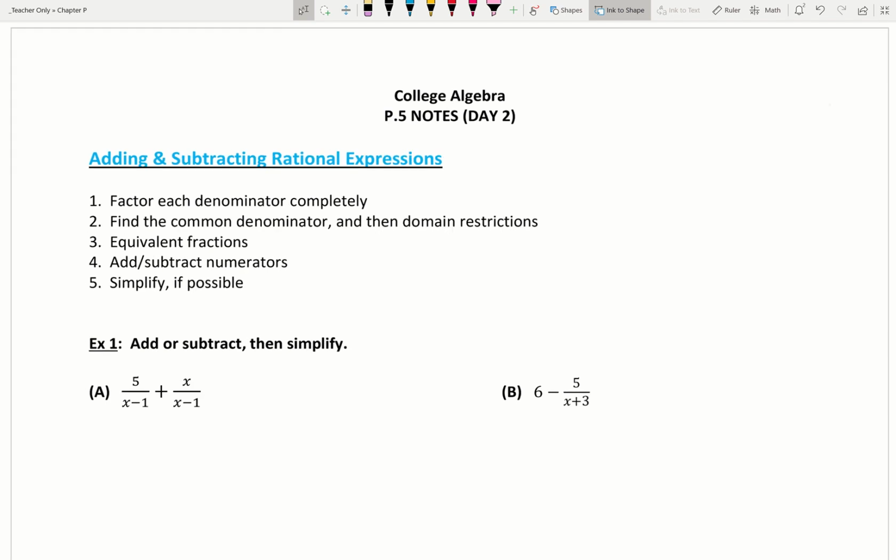Alright friends, welcome back. In this video I'd like to go ahead and proceed with a second day for section P.5 from your textbook. So in the last couple of videos we did a couple of little mini videos for the day 1 of P.5, and we talked all about how to find domains, we talked about how to simplify rational expressions, and also how to multiply and divide them. In this video I only want to talk about one concept, and that is how to add and subtract rational